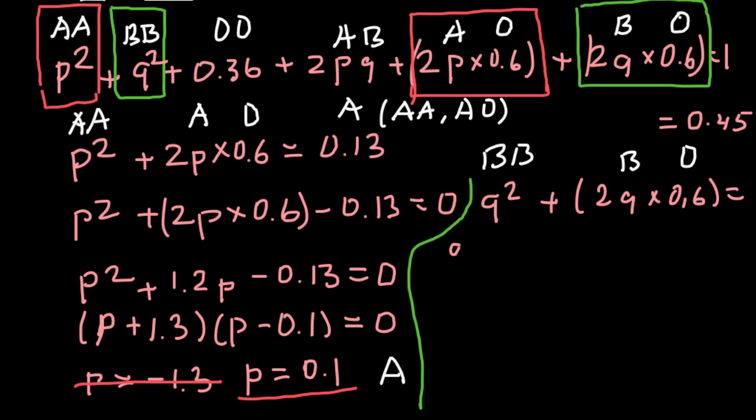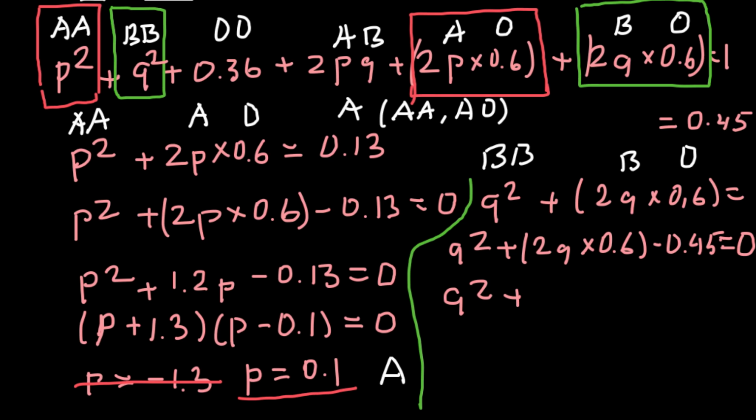So we are going to get Q squared plus 2Q multiplied by 0.6 minus 0.45, and all this would equal to 0. With the next step, we are going to get Q squared plus, we have to multiply 2 by 0.6, so this is going to be 1.2Q minus 0.45